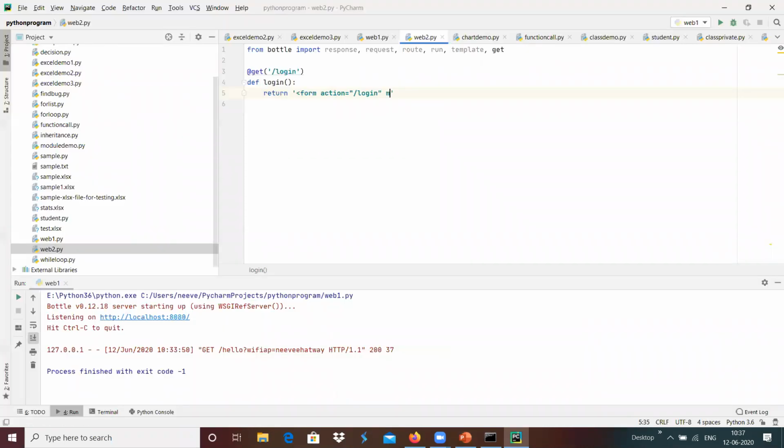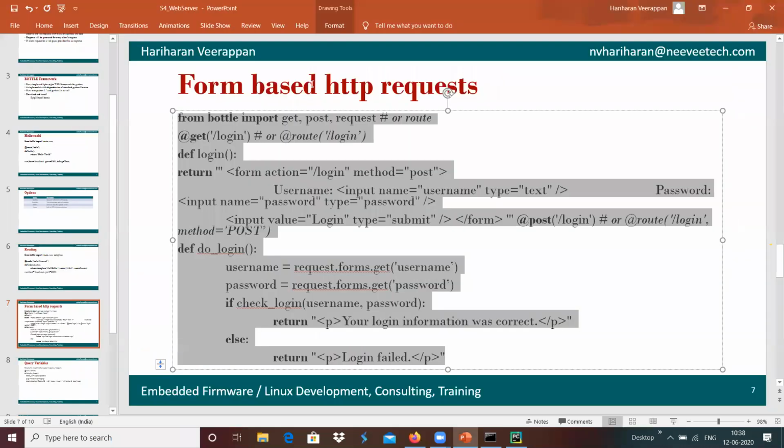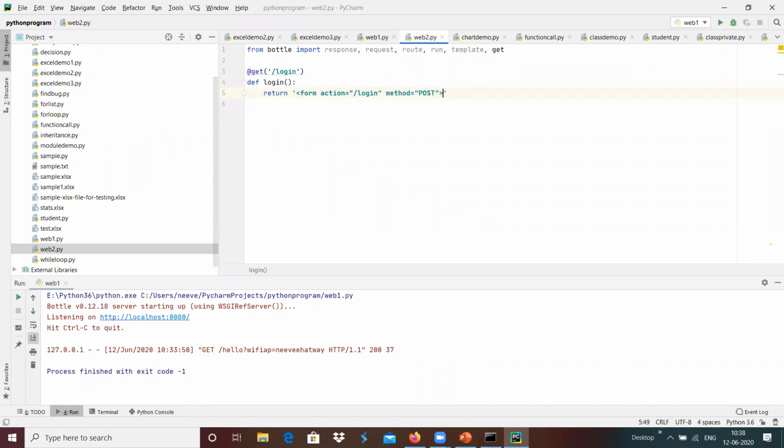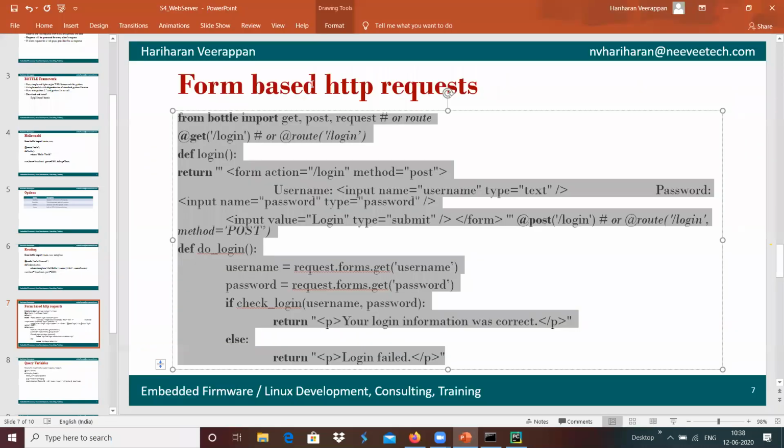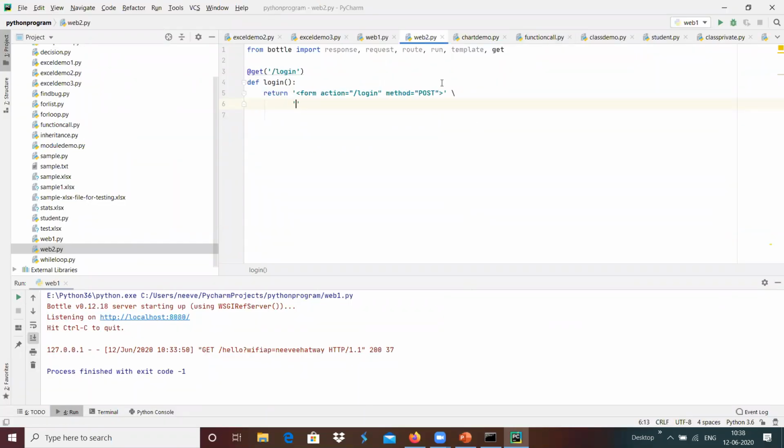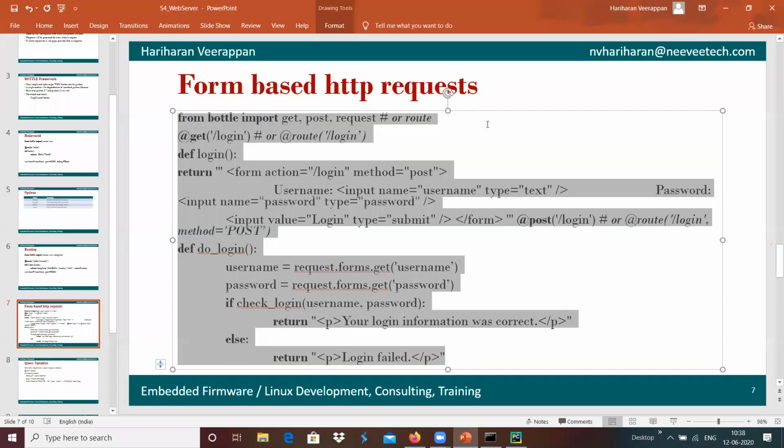Because of that, I'm going to add a method. What is the method it has to generate? It is the post request that I'm going to generate. I'm going to define here, it is a post request which will be generated from it. And I'm closing the form over here, which has the continuation over here with the backslash, which provides a continuation to that.